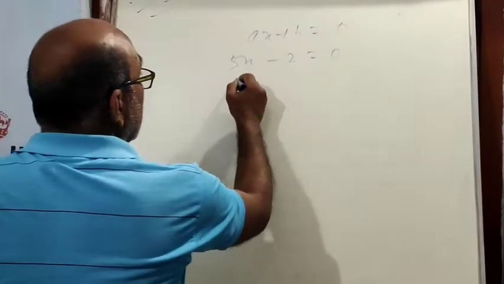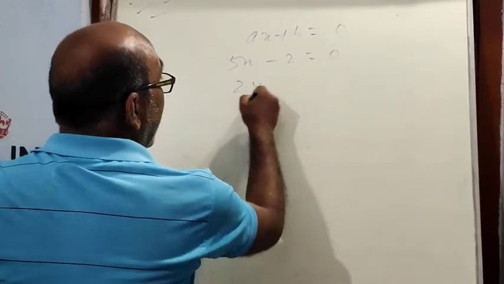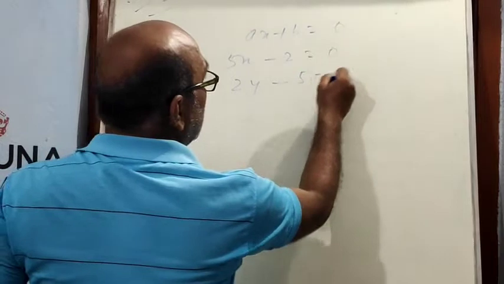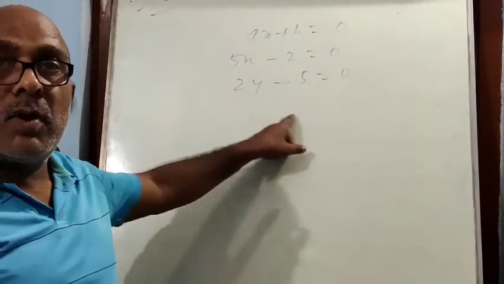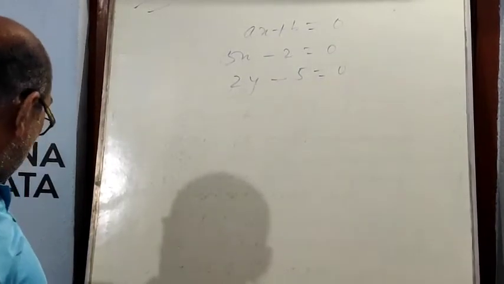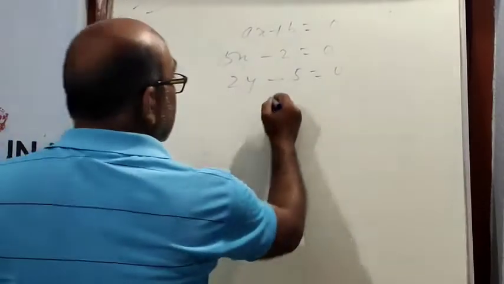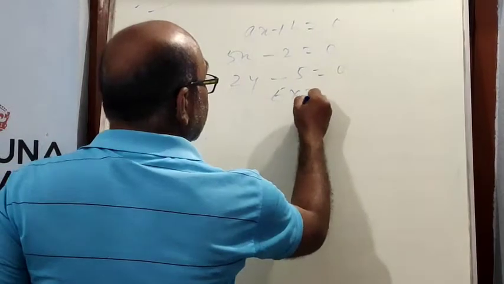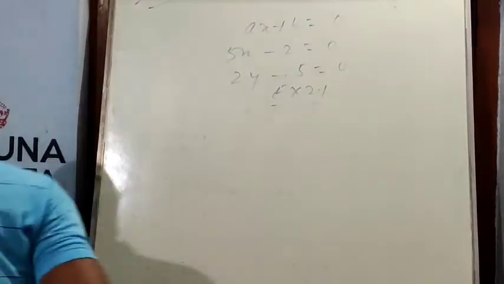Similarly, 2y minus 5 equal to 0. This is a linear equation, the general form of a linear equation, and these are linear equations. Now come to exercise 2.1. Exercise 2.1. Your first question is